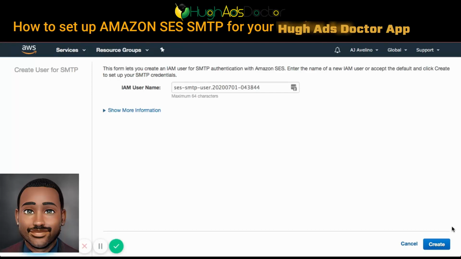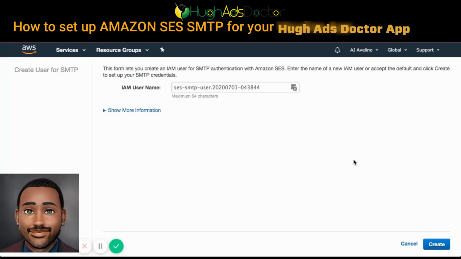and right after that it's going to ask you to download the credential. It's important that you download the credentials because they only give you like one-time access, so make sure you save it. And after that we can go ahead and go into the application where we can edit